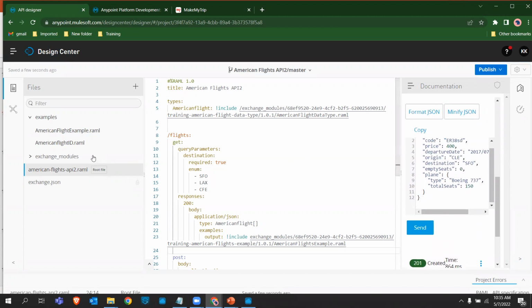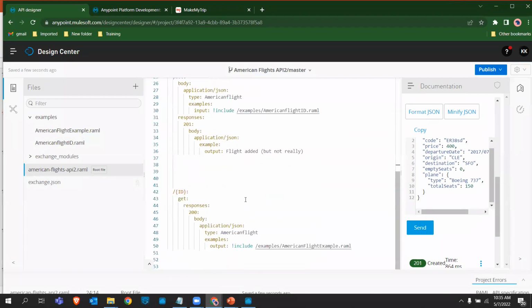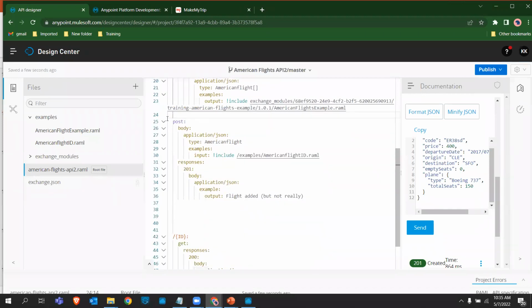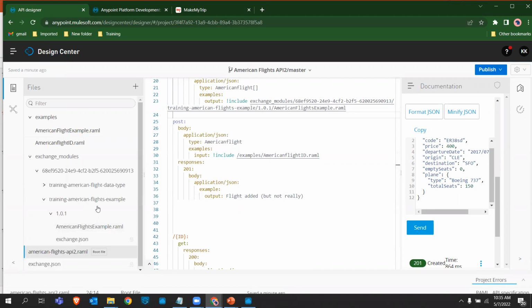Okay, and we will do one more tweak right now. So we will go back to the type. We are using this American flight in this post here, right? I'll come back to the post method. Just concentrate on this post method. I'll show you one more thing, that in type American flight, if we go to the type American flight data